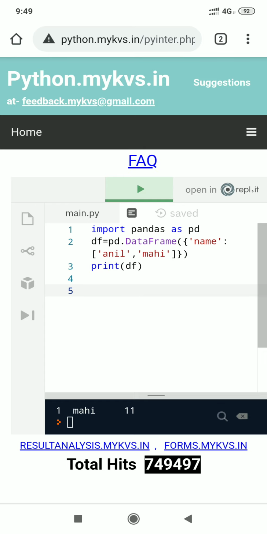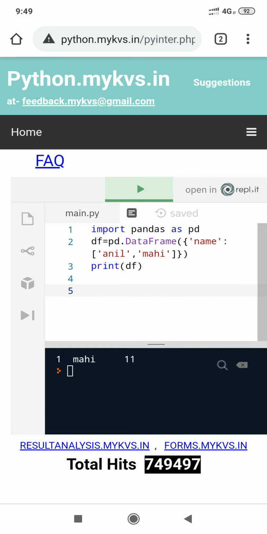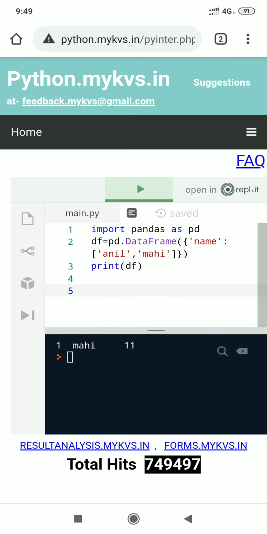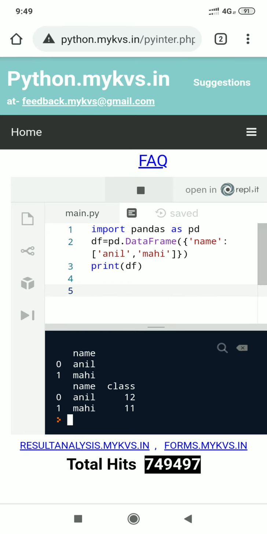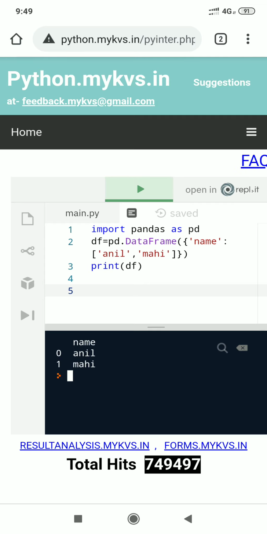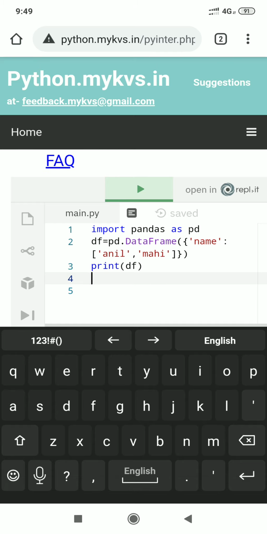It means it will create a data frame with the name column only, and if we execute this program, we will find that single column only.